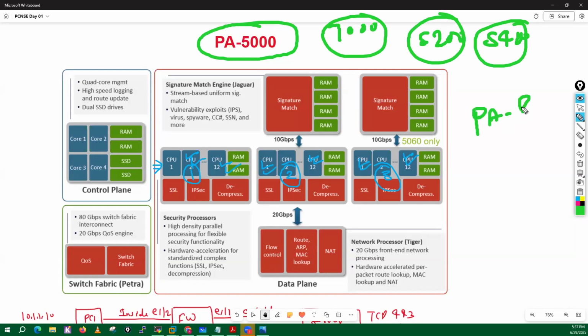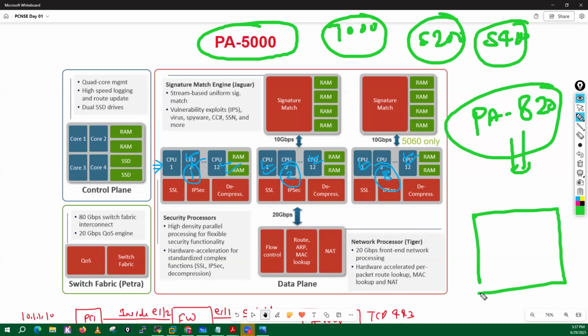If you think about the PA 820, this 820 box is just having a single chip, which is Octeon. All your interfaces have connectivity directly with the Octeon. The network processor is also not there in the 820 box. So there is no segregation at the hardware level in 820,